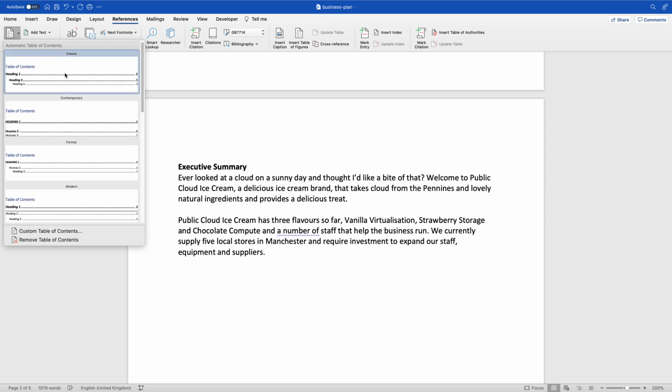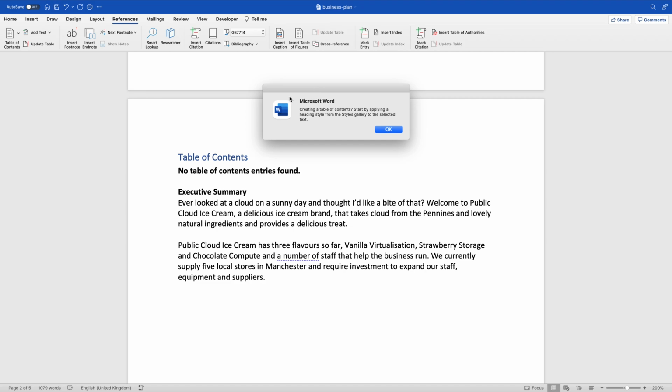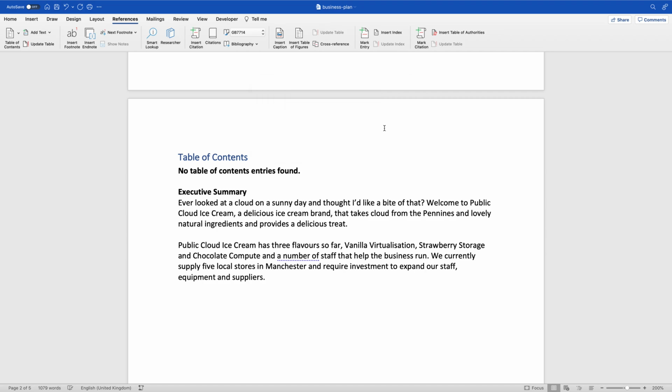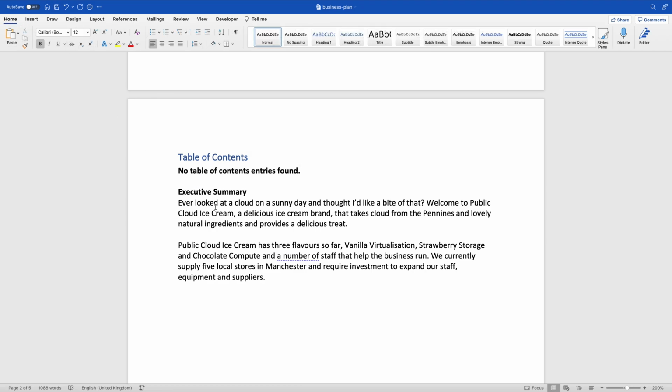So I'm going to click that here, and I have this pop-up saying creating a table of contents, start by applying a heading style from the styles gallery to the selected text. So I'll press OK there. So my issue here is I have to put it in the correct format for the table of contents to pick it up. So what I'm going to do is head back to home, and I'm going